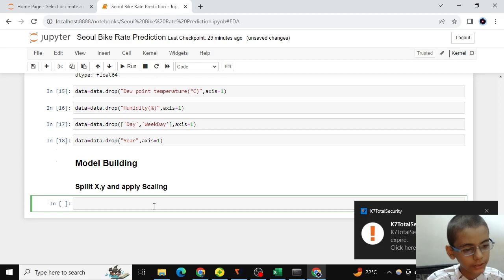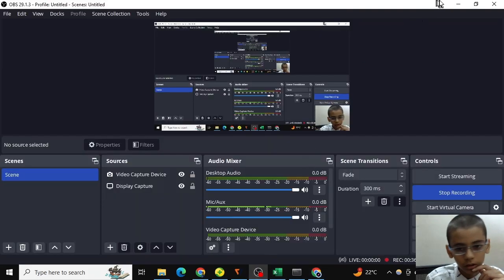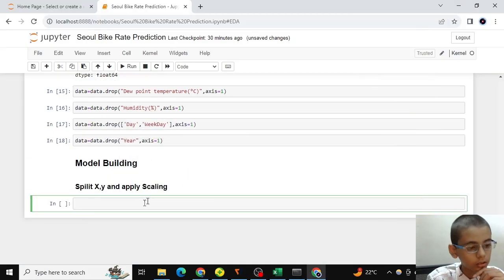We have to apply scaling also because it improves our model performance. I noticed that when I am training our model, so for that let's do it.